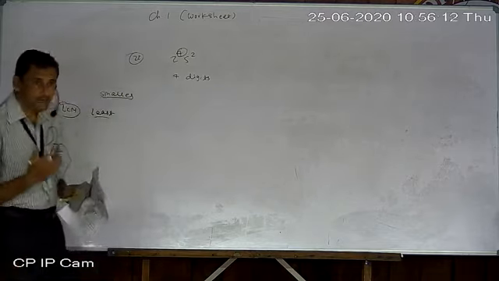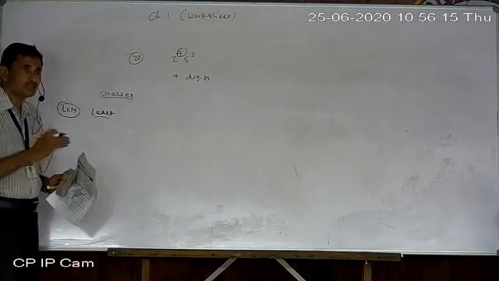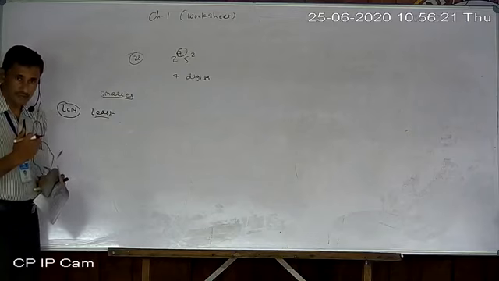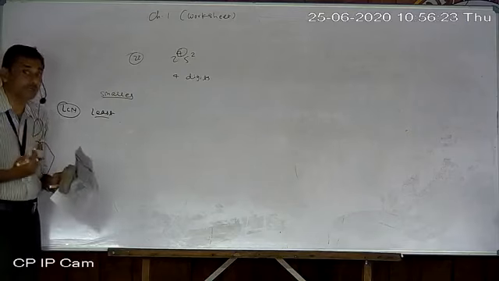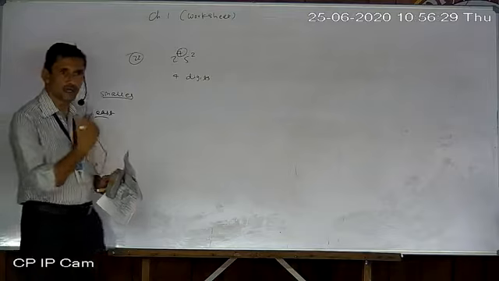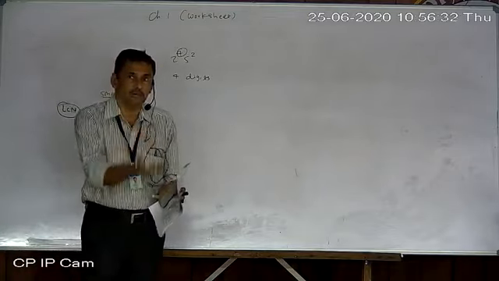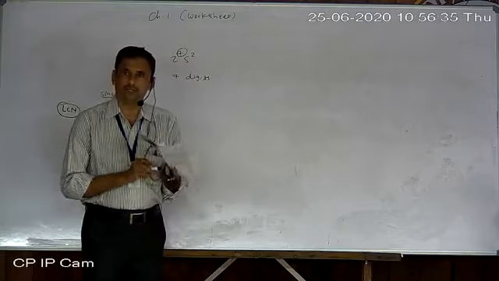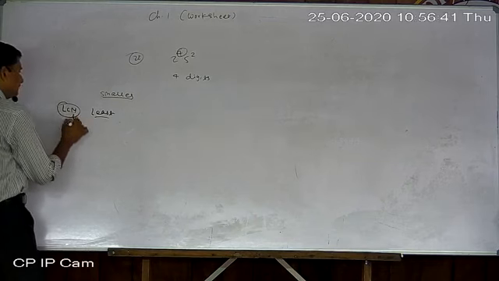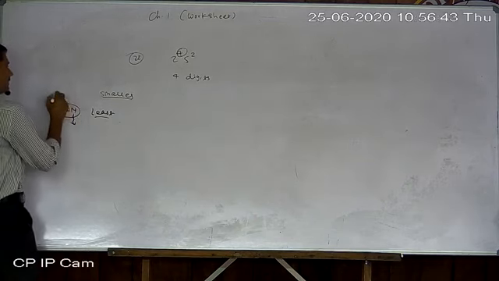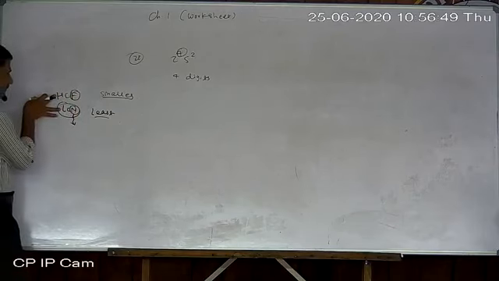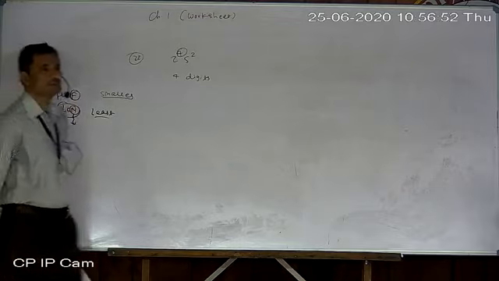Third, the expected answer should be greater or smaller than the given number. According to that also you can decide. If it is greater than the given number, then obviously it will be a multiple. And if it is smaller than the given number, then obviously it will be a factor. So according to the last word: LCM, M for multiple; HCF, F for factor. Either from the first letter or from the last letter also you can decide.